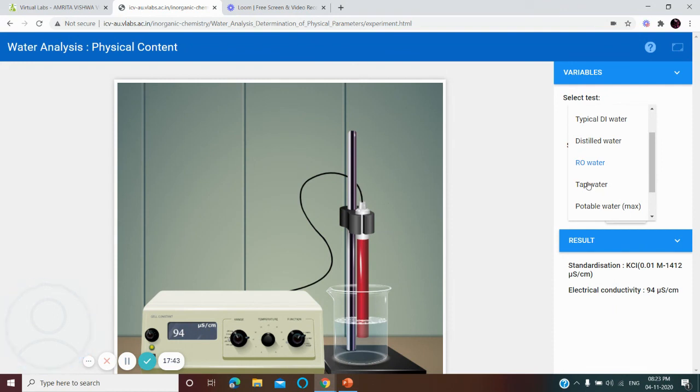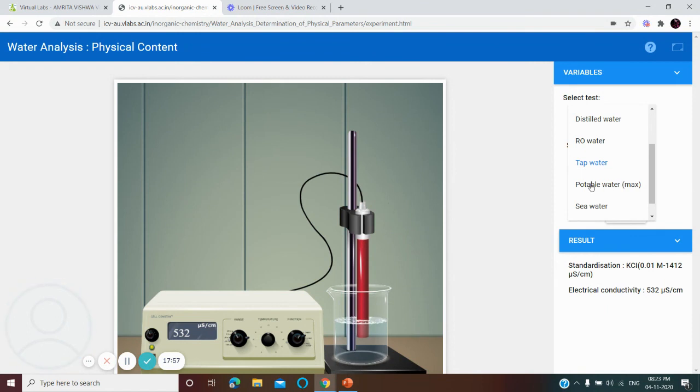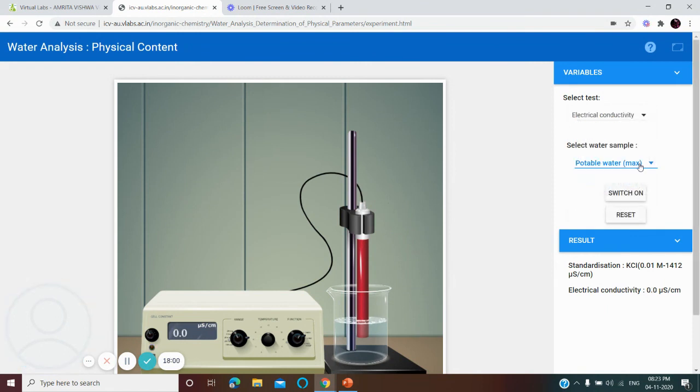Then next, I'm selecting the tap water. You have to fill the beaker with tap water, dip the electrode, and switch on. 532 microsiemens per centimeter. And the next, potable water. You have to place some potable water in a beaker and switch on the instrument.